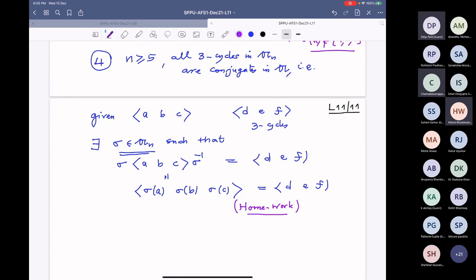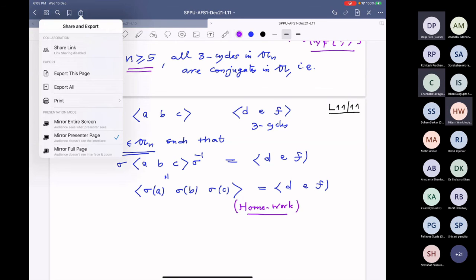And you have to use the fact that N is at least 5. That will help you to define sigma. So with this I will stop because I don't want to kill the time for the tutorials. So I will stop this presentation, and before I stop I should send you